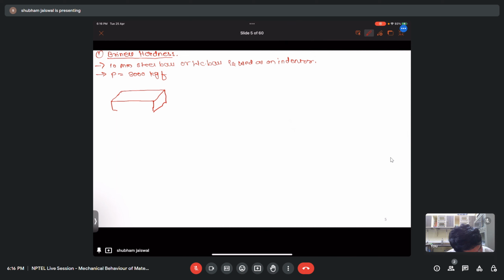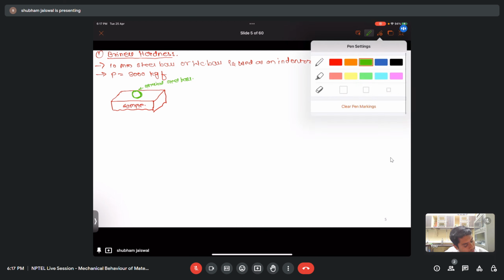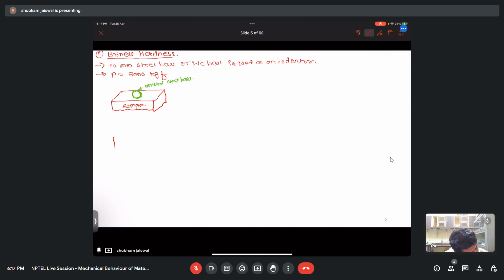Let's say this is my sample, and if I indent it here with the spherical steel ball or tungsten carbide ball,